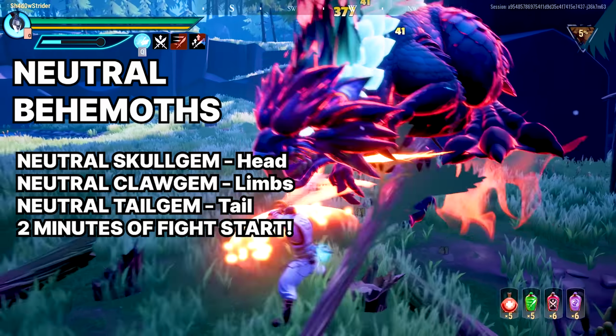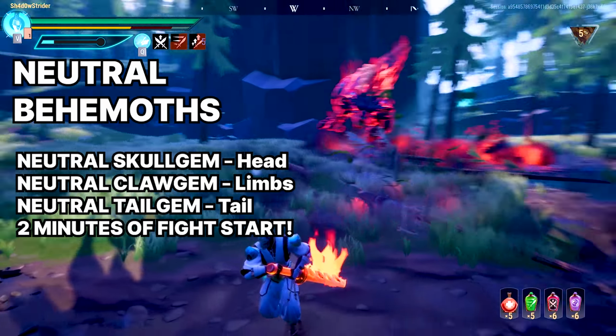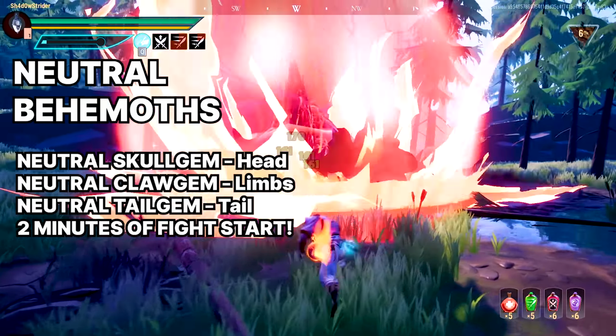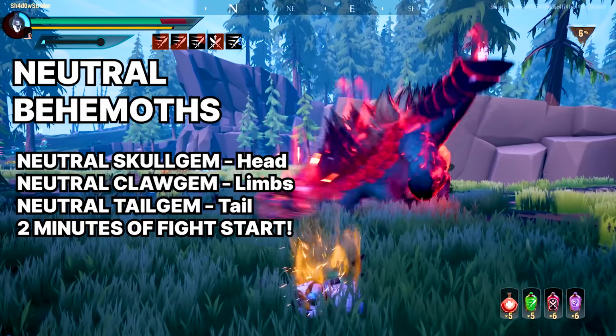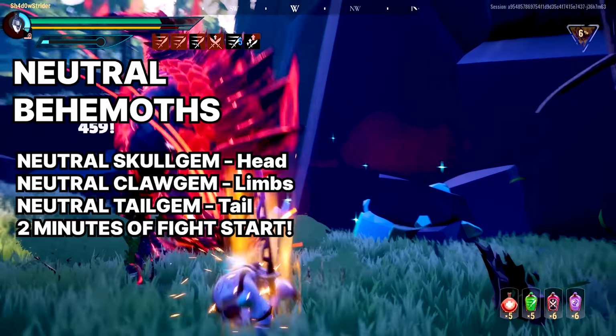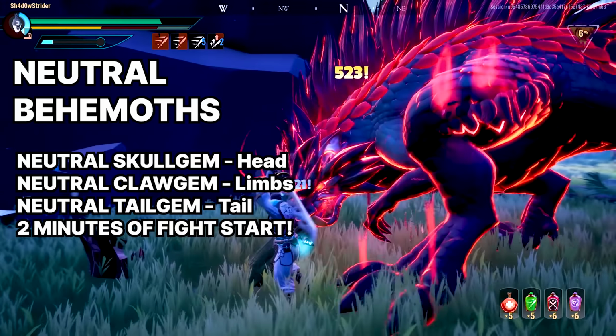Again, ask your team to focus a single part, you should be able to get at least one down in the necessary time, even if you are a little undergeared for the fight. People with high-end gear should easily get 2 parts. Using my part breaking sword build and chain blades build could give you a hand, so check them in the